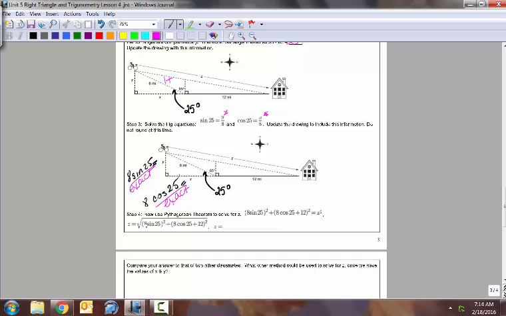But we can put this all in our calculator at once. We want the square root, and then in parentheses are y squared, 8 sine 25 squared, plus, all in parentheses are x squared, 8 cosine 25, plus 12, because we need this whole length for the Pythagorean theorem. And then we hit enter, and we get that z is 19 point, and now we round to